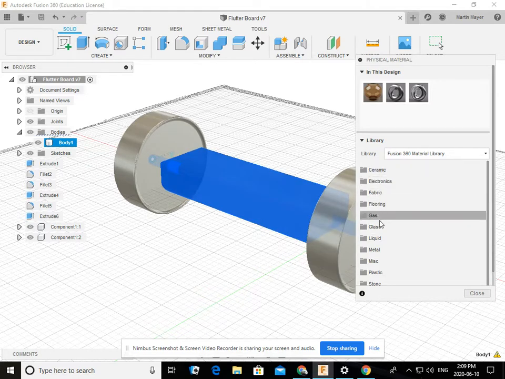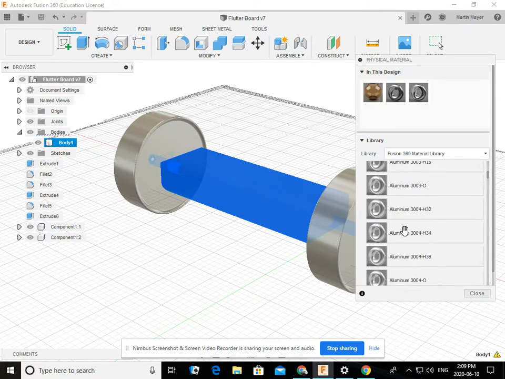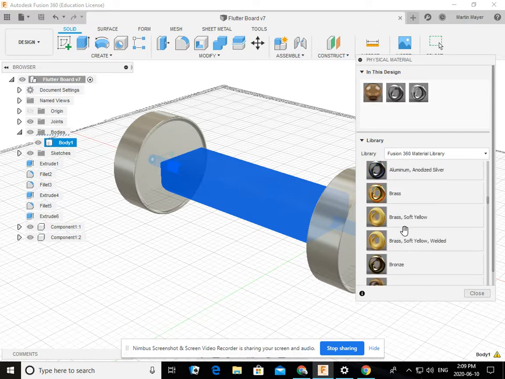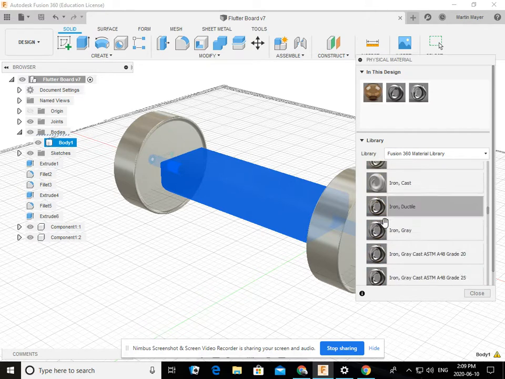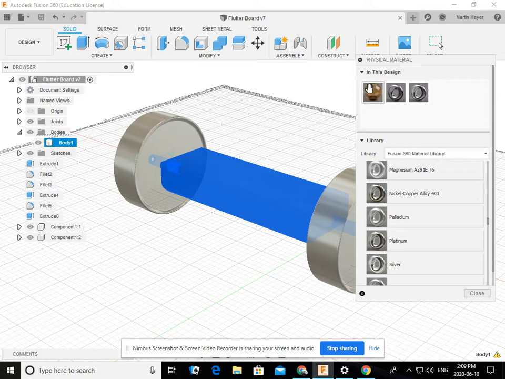And there are all these different materials that are available. You open up any one of these folders, and there are all these different types of metals, aluminums, different types of finishes on them, and all the way down here I did something in stainless steel, practicing, and it came out really slick. As you use the different physical materials, it will start to make a list of all of the materials that are used in this design